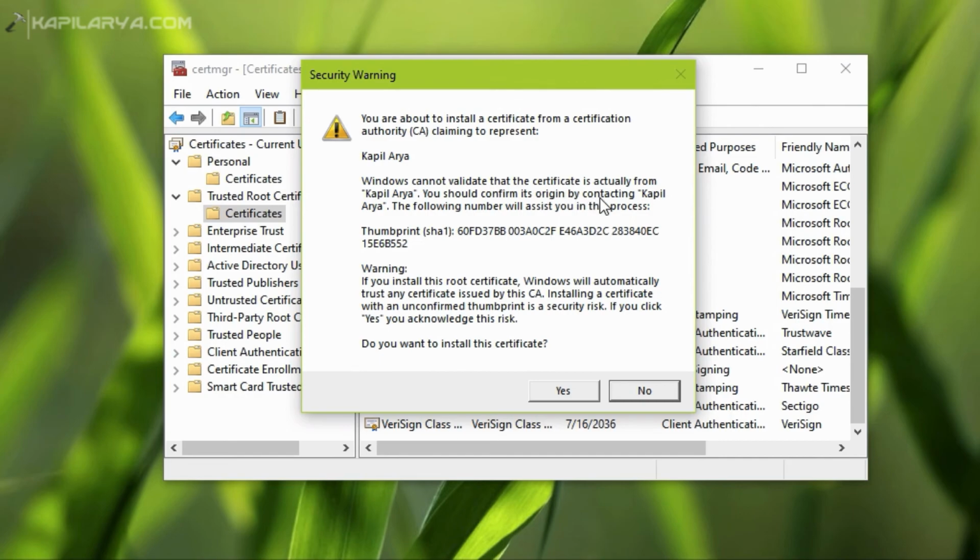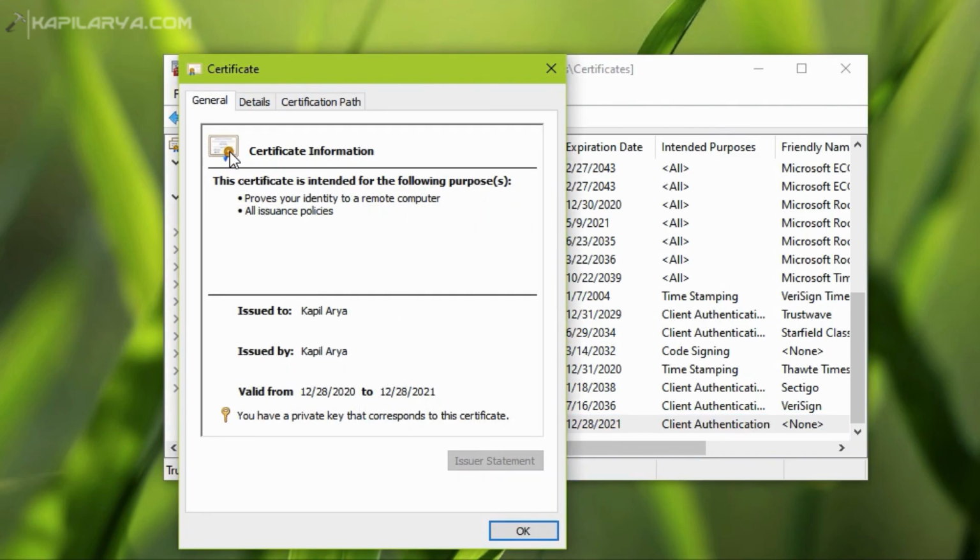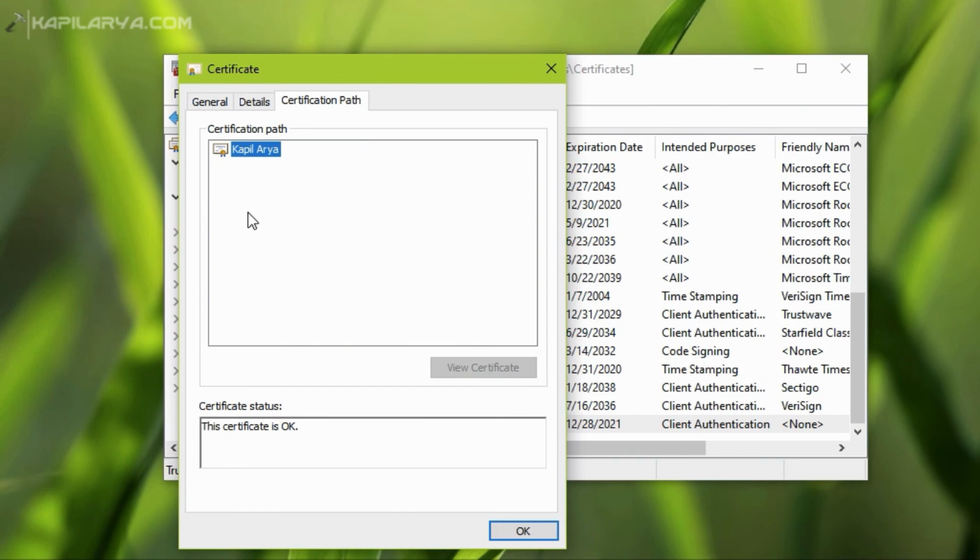As this is a self-signed certificate, you can simply click on the yes button on this warning, as you generated the certificate yourself, so you can install it. The certificate will be moved to trusted root certification authorities. So now the certificate is pasted here and it is now a valid certificate. You can see that the certificate is now okay. That means it should now be trusted across the system with your current user. If you have defined it for local machine, it should be valid and trusted for all the users. So this is how you can generate a self-signed certificate in Windows 10 and install it.